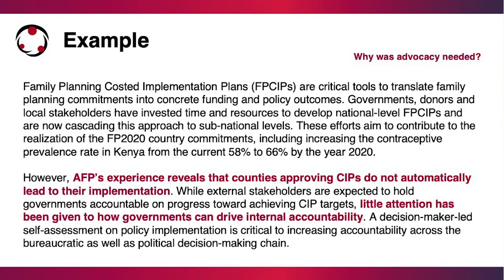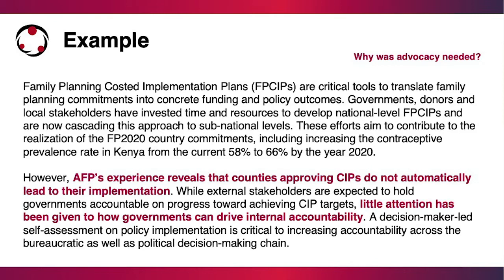Now let's discuss how this section fulfills the criteria that were described in previous slides. You'll note that in this section, the authors quickly describe the problem that the advocacy addressed. In the first paragraph, the author introduces the context in which the advocacy took place. In the last sentence of the first paragraph, they more specifically mentioned the geographic location of the advocacy. And throughout the paragraph, they establish that FP-CIPs are an important tool that can have effective results.